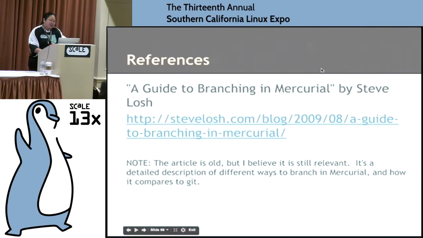But reading this link really helped me understand that in Mercurial, what's actually happening is that Mercurial branches all the time. It's just this named branch that's causing the problem, because Mercurial insists that the name of a branch is also something that is stored in the changeset. And therefore, if you want to change the name of the branch, you basically have to destroy that changeset and write a new one.